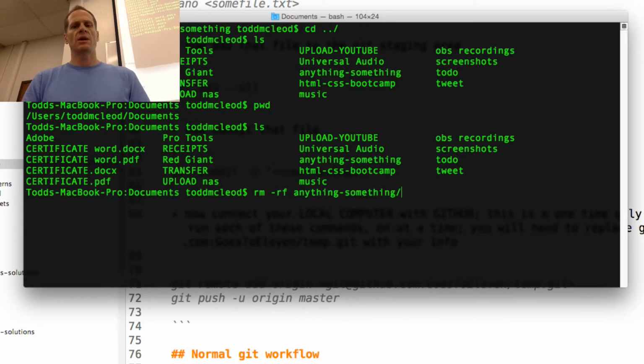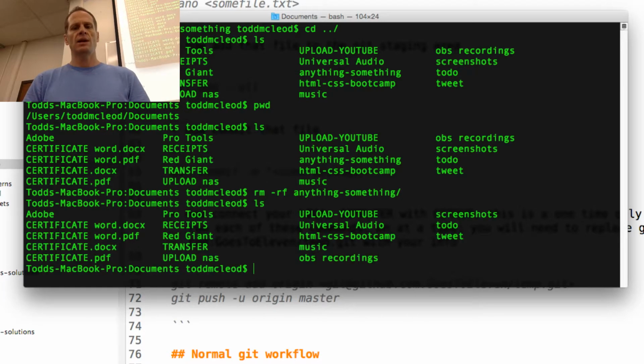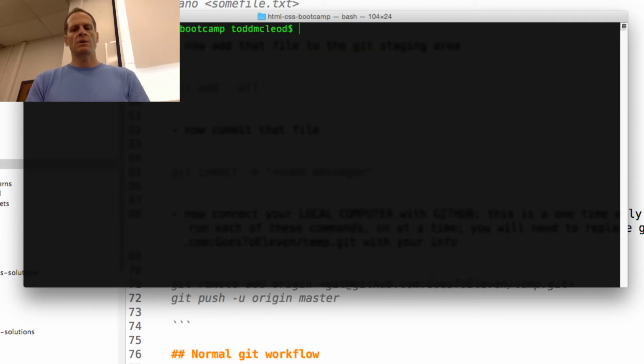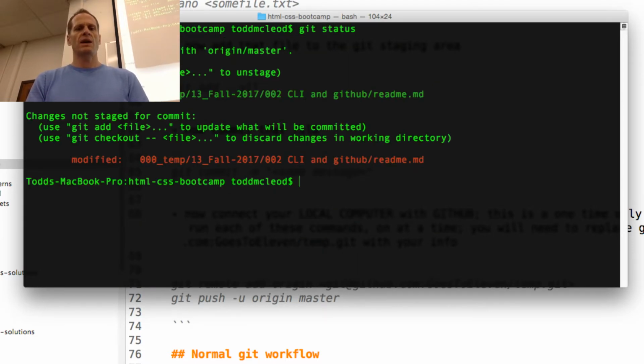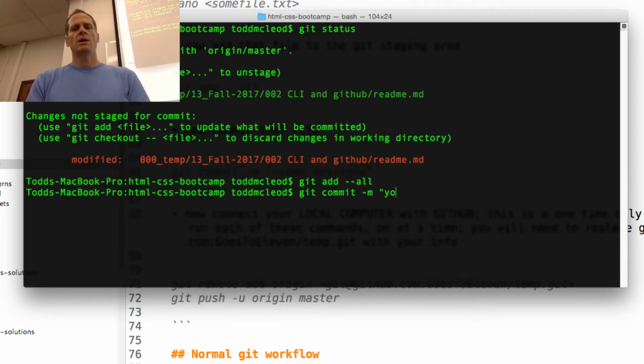Anything something. So everything is going. So that means recursively with force. So anything something is now gone. It's no longer there. And I'm going to CD into HTML and CSS. And I'm going to do a Git Status and say, hey, you've got that new README file. Git add --all, git commit -m adds README of setting up Git